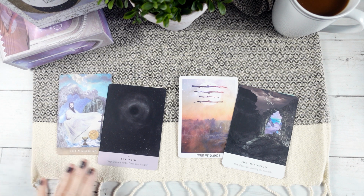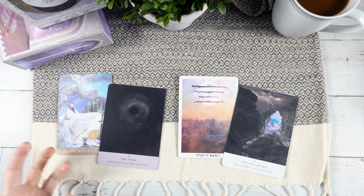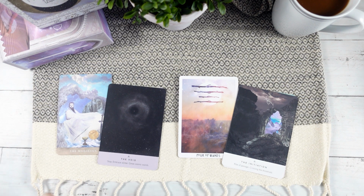So here we have the Magician and the Void. So it's like, stop, great cosmic womb. It's telling you to connect all that energy, right? Because the Magician is all about bringing all the things together. You already have everything you need within you. So the Void is reminding you to stop. You already have it all. You don't need to keep searching outwardly for the things that you need